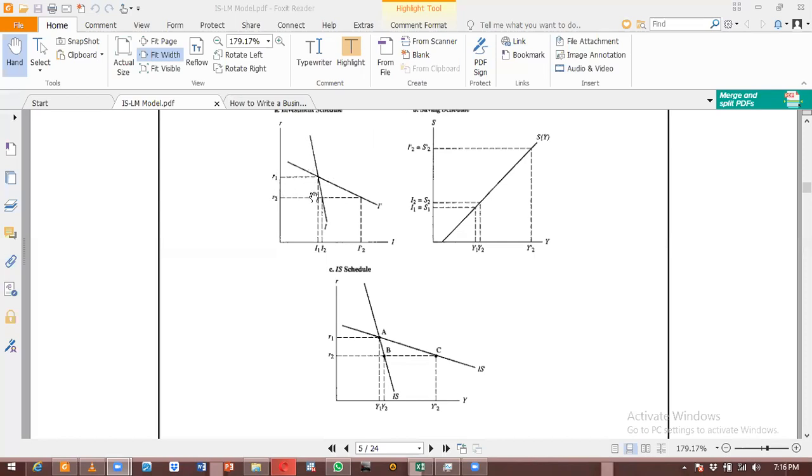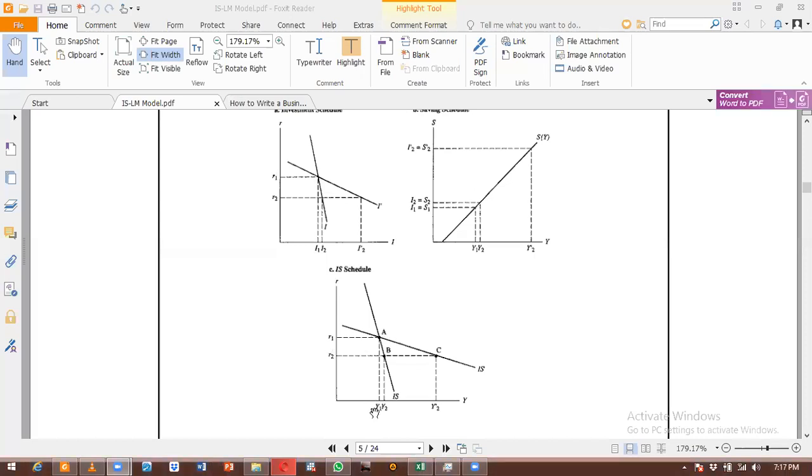So initially, the level of interest rate was R1, and then the investment level was I1. So when we come here using the leakages and injections, I1 was equal to S1 with the level of income of Y1. When we come to the IS schedule, what you have to know is at times the questions would demand you to draw all these. So after doing the maths, you have to come and draw all these things. So you have to know how to translate them, moving from here to here to here. So the initial equilibrium was A,